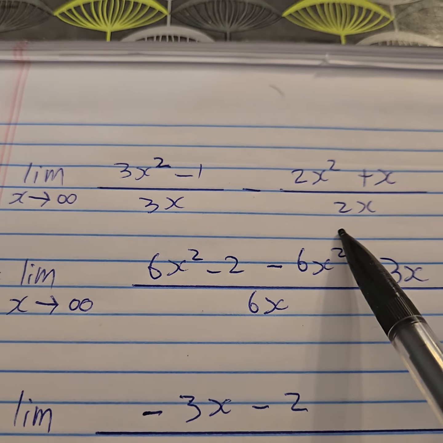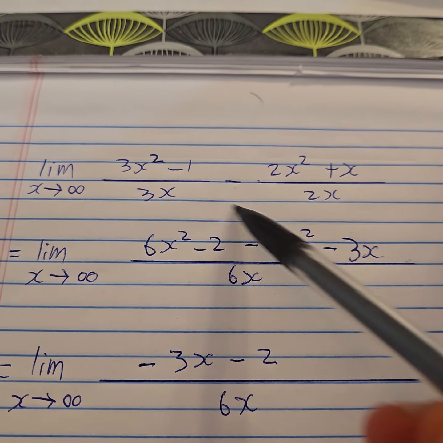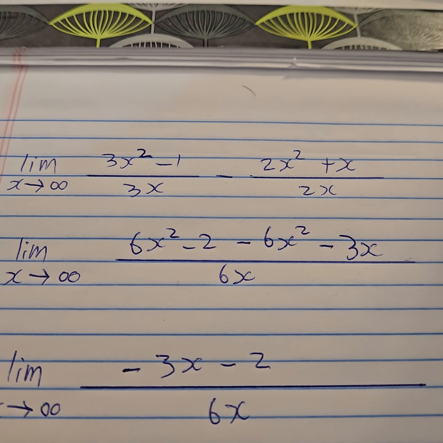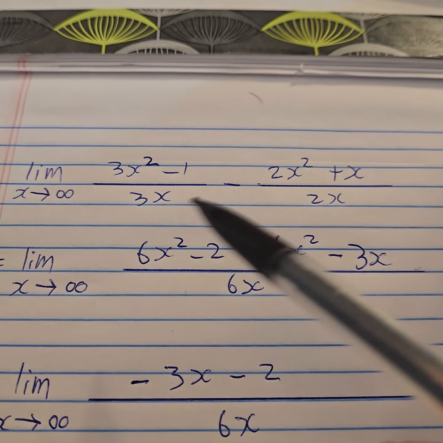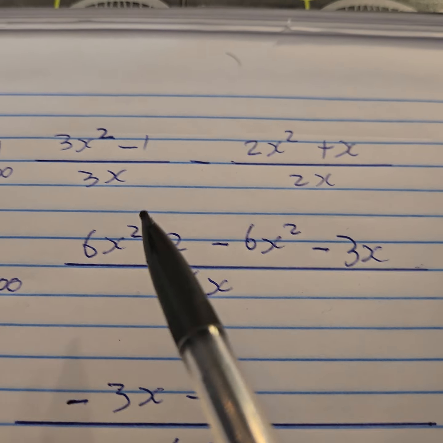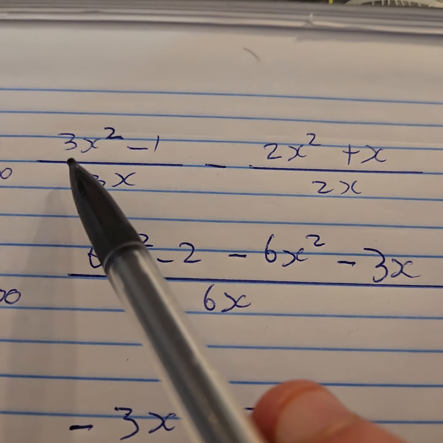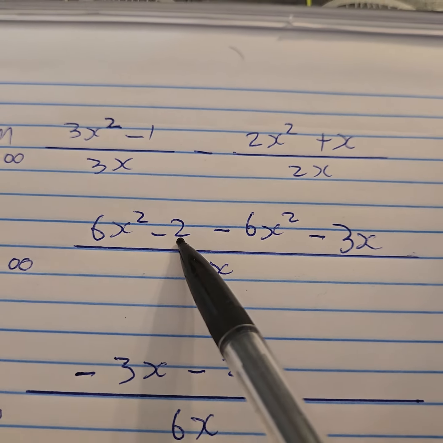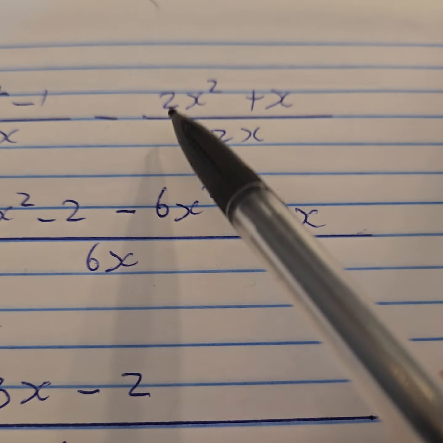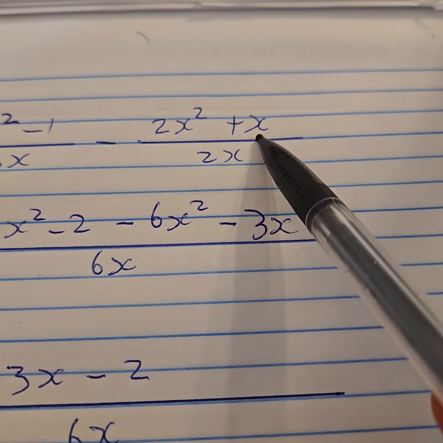So that's the question. First thing I do is I find a common denominator, because the entire question goes towards infinity, or x goes towards infinity for the entire question. That common denominator is 6x. So the denominator was multiplied by 2, so the 3x squared minus 1 is multiplied by 2. This denominator was multiplied by 3, so these two terms in the numerator were multiplied by 3.